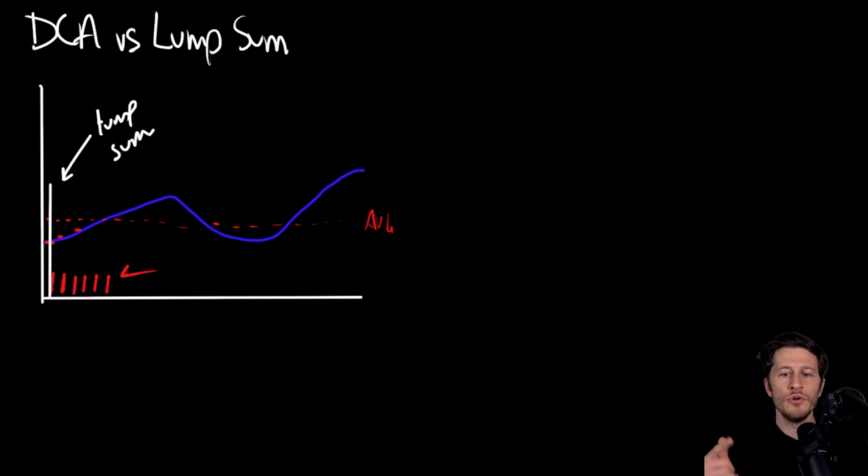Also, if you already have an asset allocation in place, dollar cost averaging might allow you to maintain that asset allocation in concert with the rest of your plan. That might be something that matters to you. So this isn't about giving dollar cost averaging a bad name.